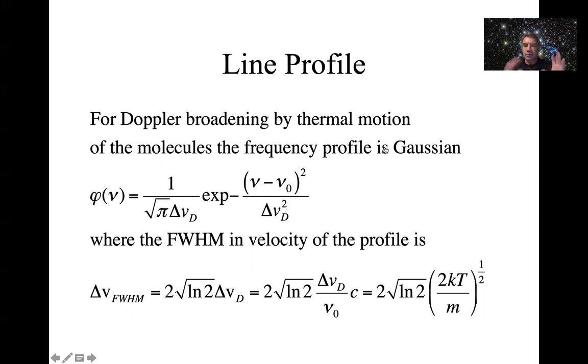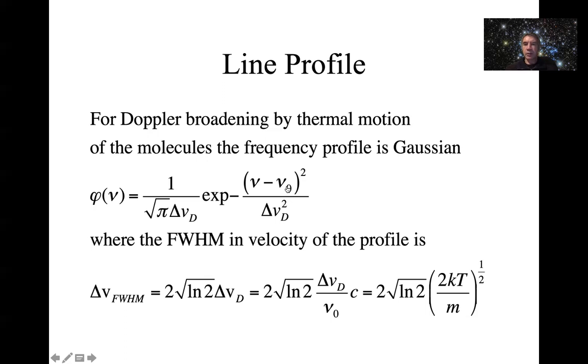The gas has some finite temperature, and each individual atom or molecule in there is moving around with a characteristic speed. There's a distribution of speeds, obviously, usually the Maxwellian distribution. But the fact that the emitting particle is moving because of just the thermal motion of the particles in the gas will cause some Doppler effect. Okay, so the Doppler shift will keep shifting the emitted frequency, nu here,